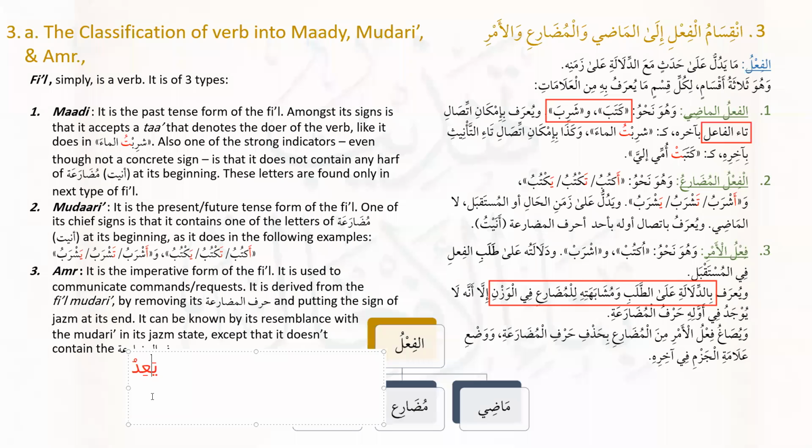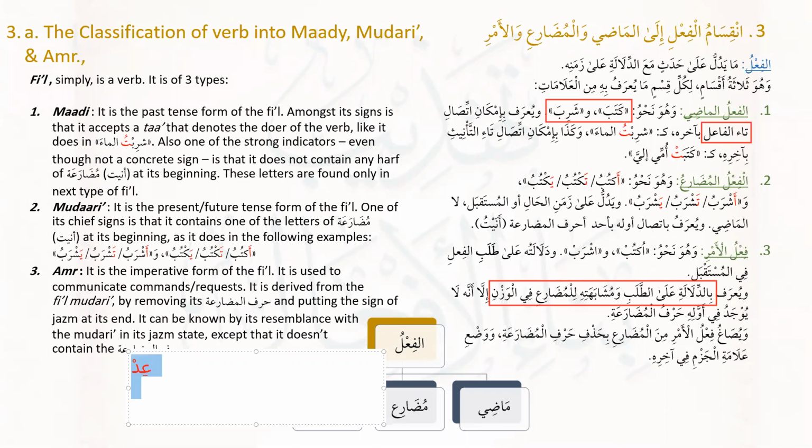He removed the ya. He was left with the عد, and he put the alam of jazm at the end. What he was left with was عد. طيب, why did you not put a hamzat al-wasl, Sheikh? Why not يعد? Because the first letter can be pronounced with the kasra. أحسنتم. There is no need for hamzat al-wasl because the first letter has a haraka. It does not have a sukun.